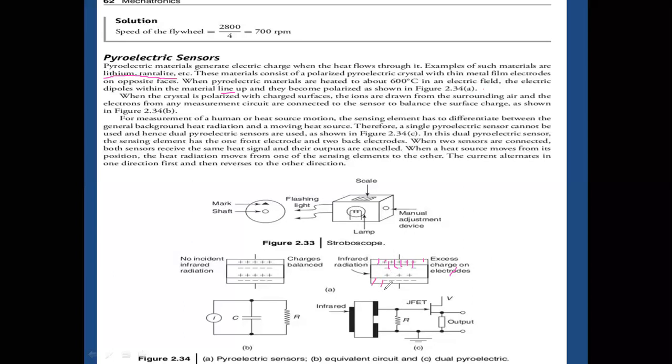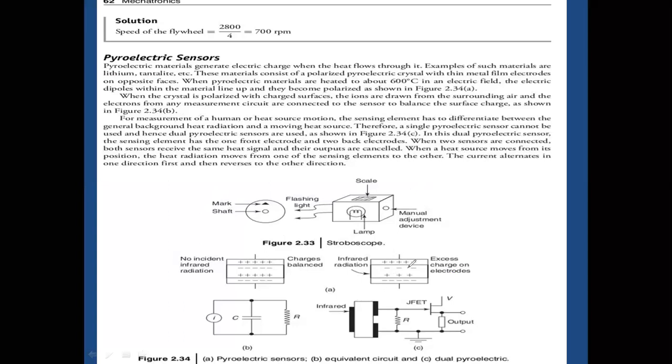And then next, when a crystal is polarized with the charged surfaces, the ions are drawn from the surrounding air. Ions are drawn from the surrounding air. And then electrons from any measurement circuit connected to the sensor balance the surface charge, as shown in the figure. So in this diagram,